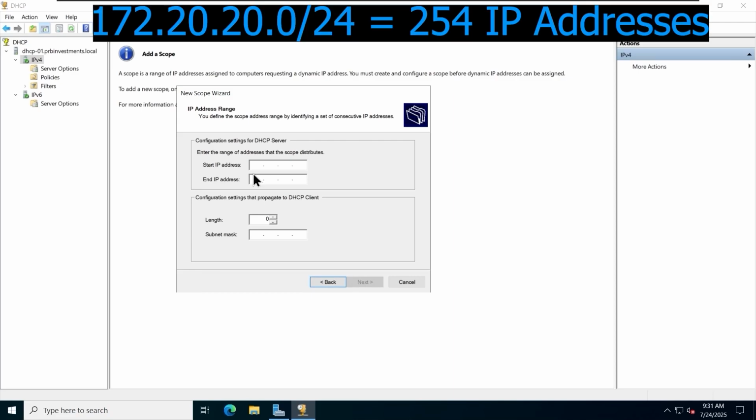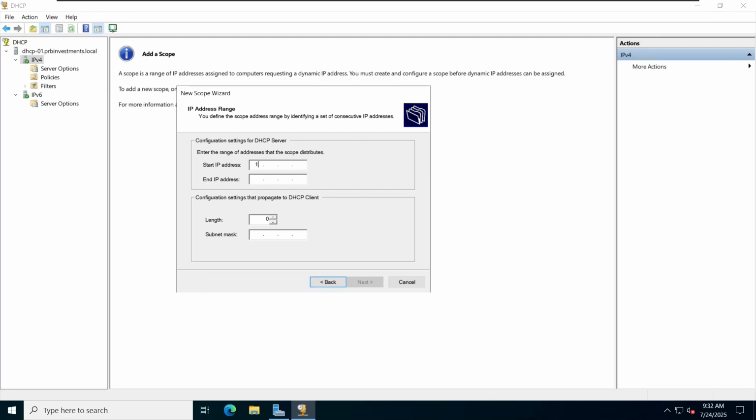So in our network, we currently have a 172.20.20.0/24 network. And this gives us 254 unique IP addresses that we can use within this network. So because PRB Investments is a bit small, we will use a smaller range. So for the start IP address, we will use 172.20.20.10. And for the end IP, we will use